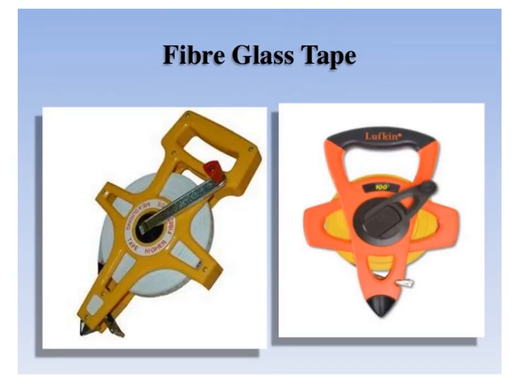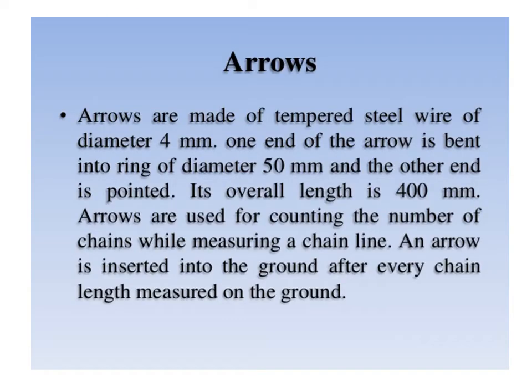Then we are going to see measurement with chain or tape. Measurement of distance using chain or tape is termed as chaining. This is the accurate and common method. This slide refers to measuring tapes. Tapes are used for more accurate measurement. The tapes are classified based on the materials of which they are made up of. They are cloth or linen tape, second is fiber tape, then metallic tape, steel tape and Invar tape.